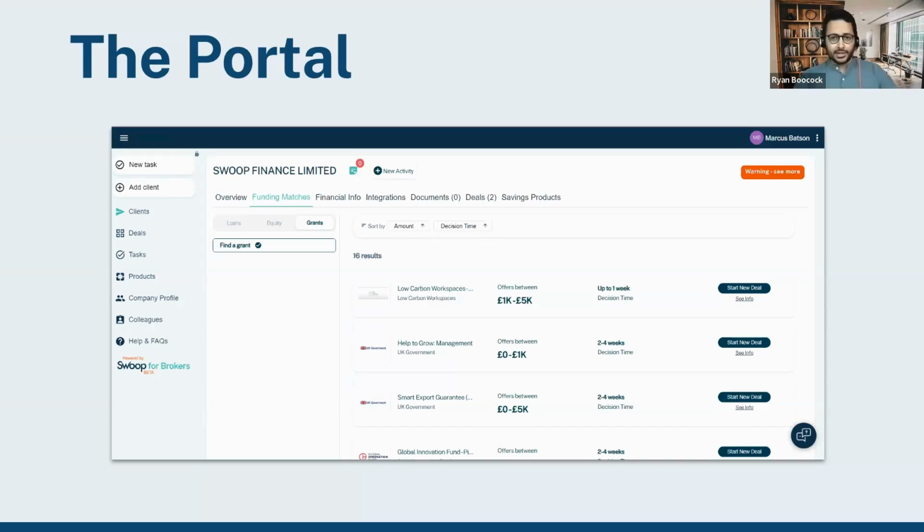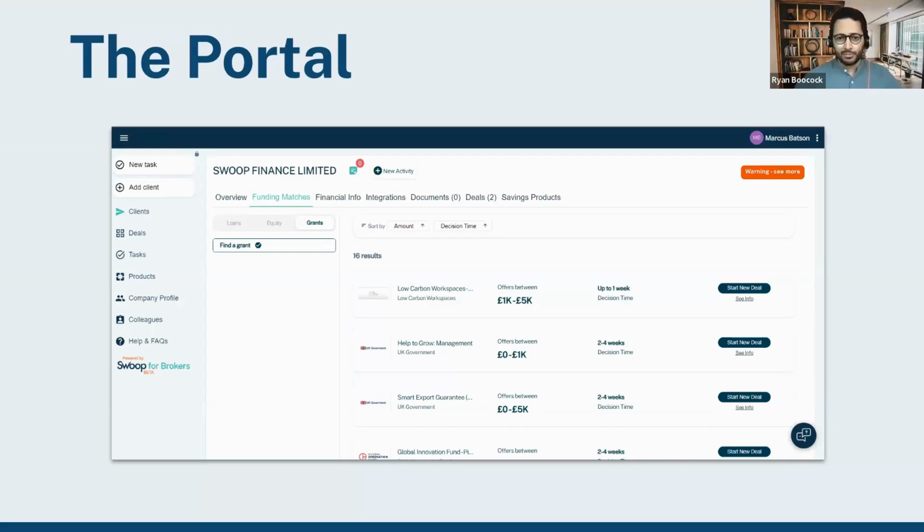This is in addition to a white label version, both of which actually have continued to be updated. So there are new features on these portals. For example, the option to search through all grants in one list. So typically the grant finder works on location and sector. Now you can actually search through all products and make sure you're not missing anything for the client.